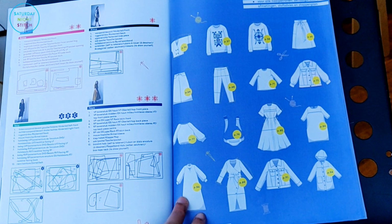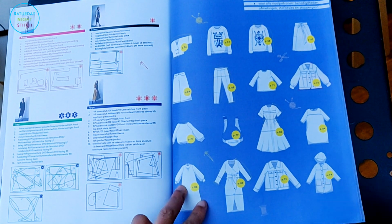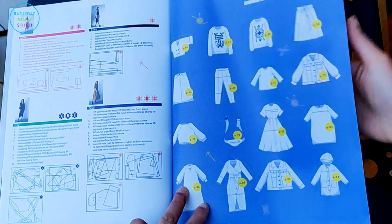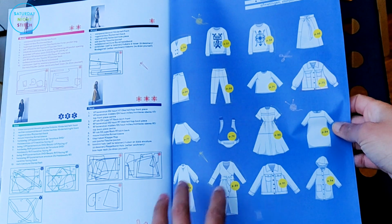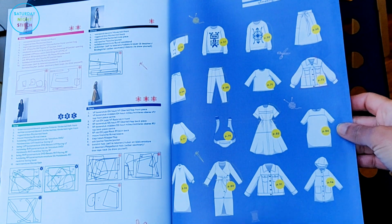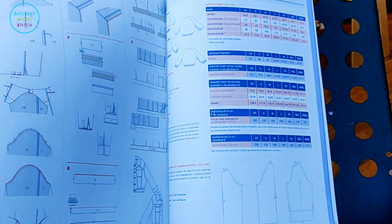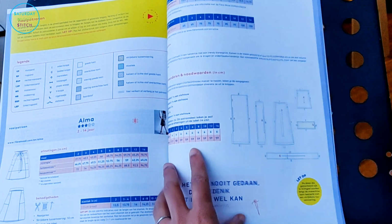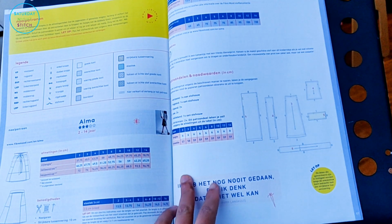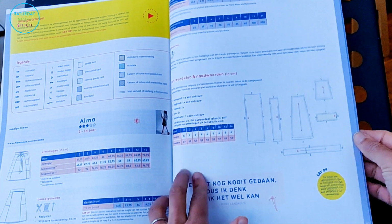And then again, you've got those stylized line drawings, and it's pretty much straightforward. They don't do the repeating a pattern but just making it shorter or longer. It's just pretty much straightforward. And then you've got the instructions for how to sew everything. So the second half of the magazine has got instructions for sewing for literally every single thing,